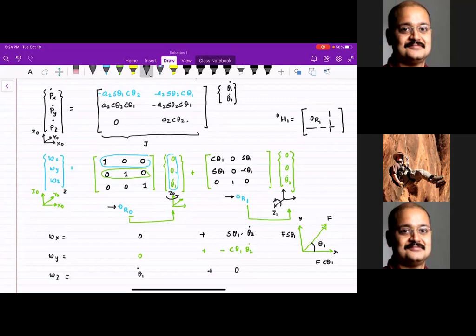Just like that, angular velocity is also a vector. So that angular velocity vector got resolved about x and about y. Are you with me so far? Now then, some of you may ask me, why do you have a negative sign? And the reason for this negative sign is quite obvious.